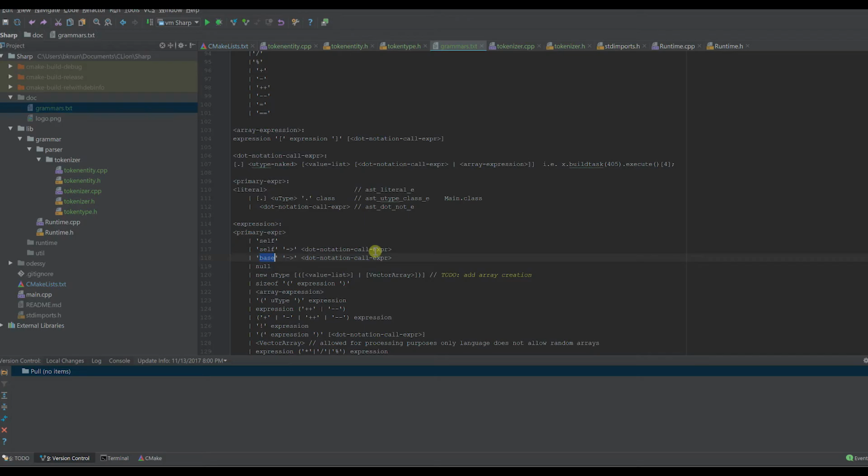Next we have base arrow dot notation call expression. Basically what this base does is, let's say we have a local variable called x in the class that we're currently in, and we also have a local variable called x in our superclass or our base class, the class that we're inheriting as a base, and we wanted to access that local variable. We would use base arrow and then dot notation call expression to access that local variable instead of using self arrow, because then there will be some ambiguity which variable we need to access. If it's not that, then we're going to check for null, which is also very common. If it's